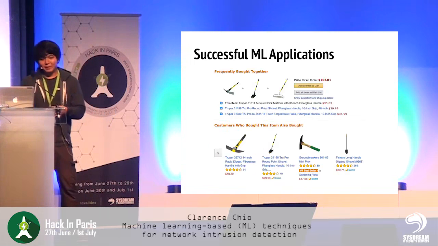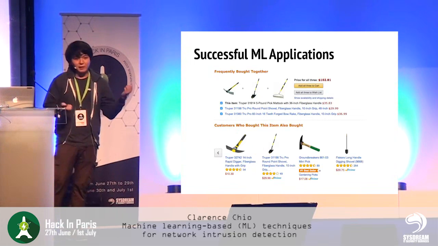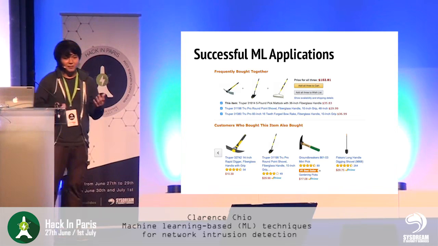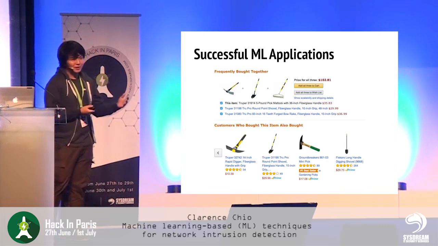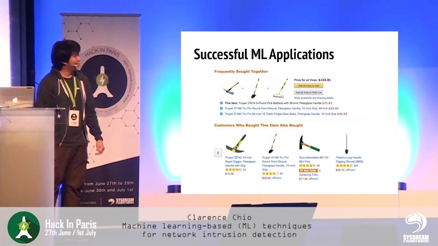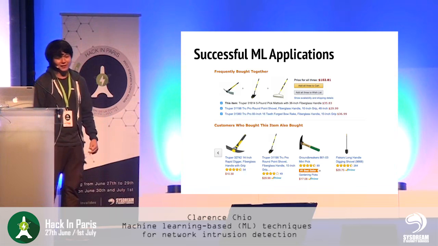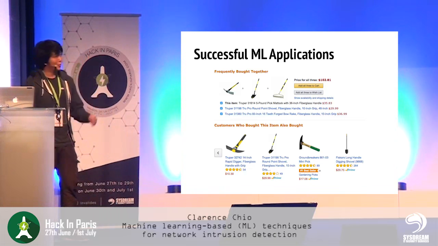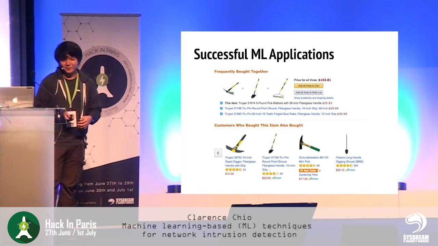So some successful ML applications that are very suited for the machine learning problem are product classification, product recommender systems. Amazon.com is one of the most popular online retailers in the US. And when you buy something, when you browse something, if your Amazon search history contains some kind of term that's roughly related to gardening material, then they'll start to bug you over the next few weeks and months with gardening material that you can perhaps buy.